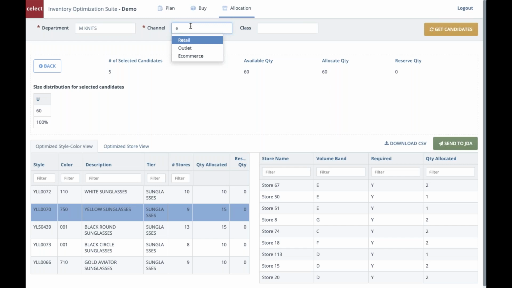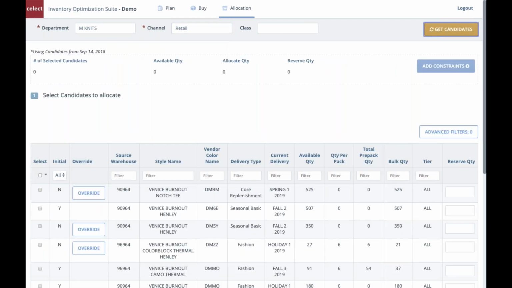If you've got specific channels that inventory is already divided up for, you can use those. If you're pooling it together, like companies are starting to do, Select can also give you insights around what's the right quantity at the channel split level first, before splitting between stores, DCs, etc. But again, for today, we're going to stick with the retail channel, my retail stores,